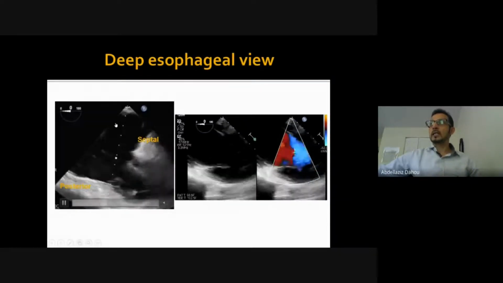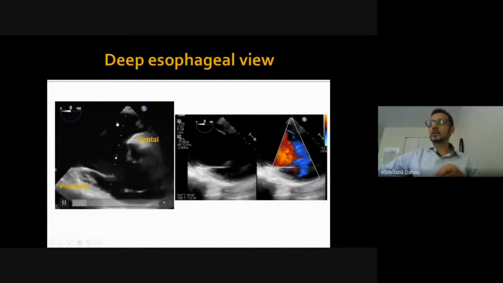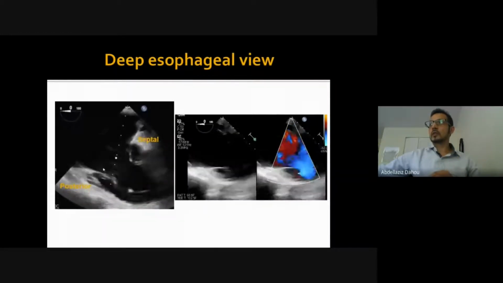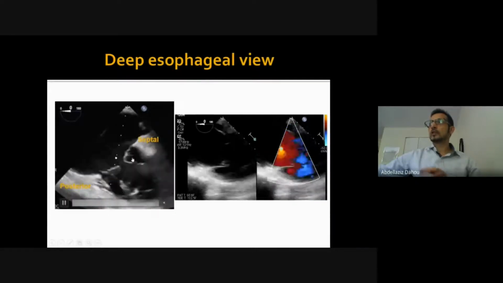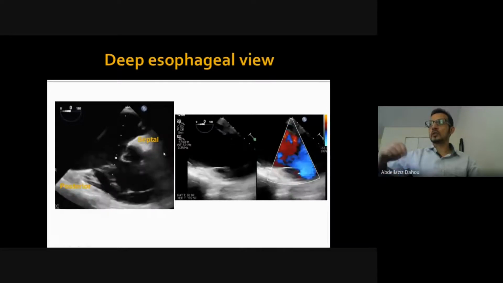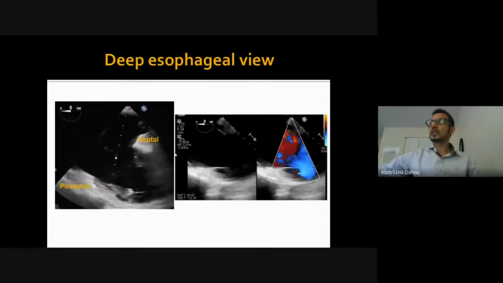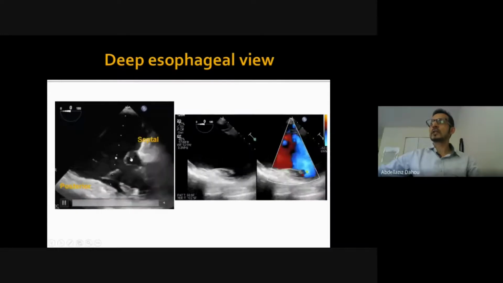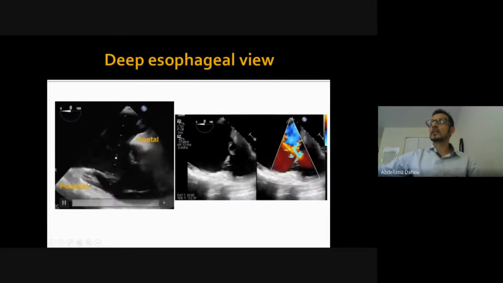So in that case, you can go deeper in the esophagus. So you can go deep esophageal view here. You eliminate the left ventricle. This is very important. You push your probe until you don't see the left ventricle. If you see only the right ventricle, so most likely this is the septal leaflet and this is the posterior